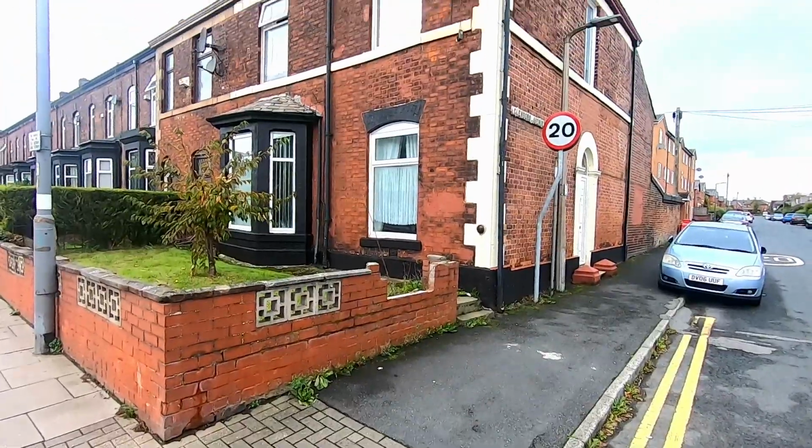And behind me is number 240, and it's a significantly extended, substantial 4-bed end-of-terrace property. Now over the years I've been in many of the houses along this road, but none quite as big as the one that we're going to show you today. As I mentioned, it's got 4 bedrooms, but it's also got 3 huge reception rooms downstairs, as well as an additional utility room and a garage on the rear,